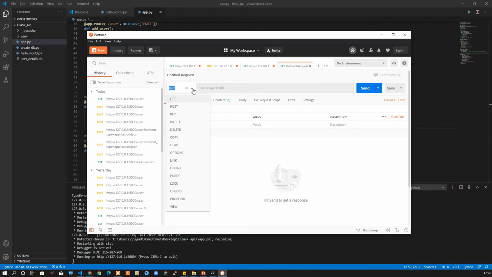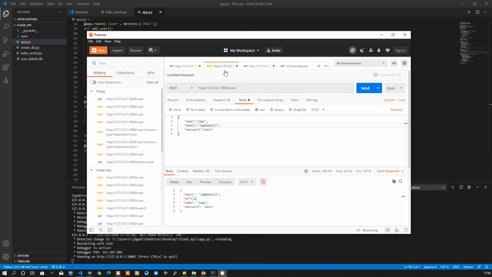Let me go to Postman. Better, I will update the post request to a put request. I am going to give a put request to /user/1. I am going to update the first user, whose id is equal to 1, and in the body I am going to put name as updated name, email as updated email. You may think this will not work, but it will work, because it only takes strings. I have not written any code for validation. Password is updated password.